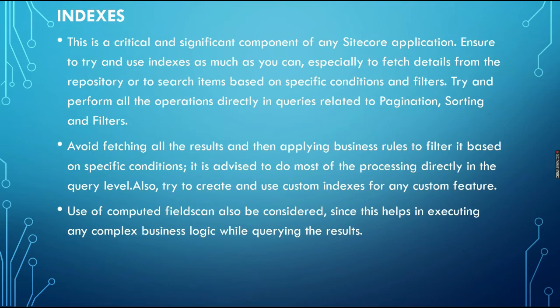Next, on indexes. Normally when you want to fetch a sub item which has many sub items, you directly query it. Avoid querying it and use indexes instead, so that it will boost the performance. With indexes, we need to apply all the business logic and computed index in a single filtered search. Sometimes we fetch the result and apply the business logic to filter it again in the programming. This will degrade the performance.